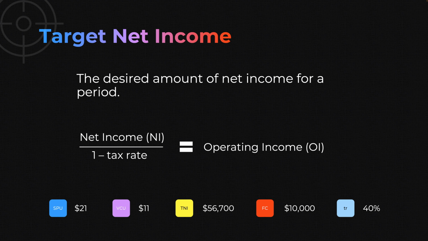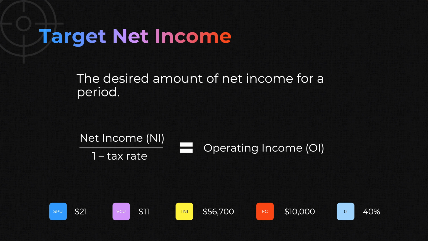Let's plug these numbers into our formula and see if it works. The net income is $56,700. 1 minus the tax rate of 40% is equal to 60%. And then if we do the math, the operating income will equal $94,500. We can plug this into our original formula for the quantity of units when we have target operating